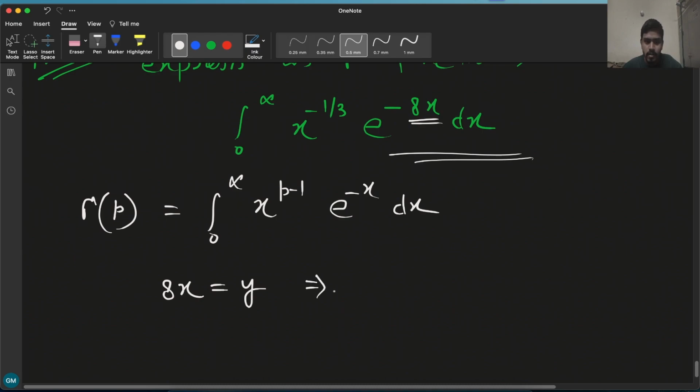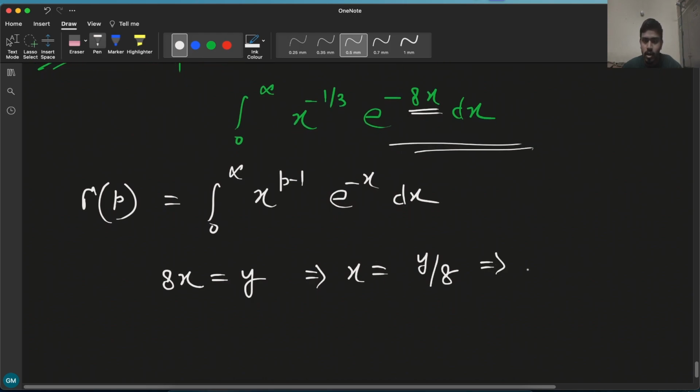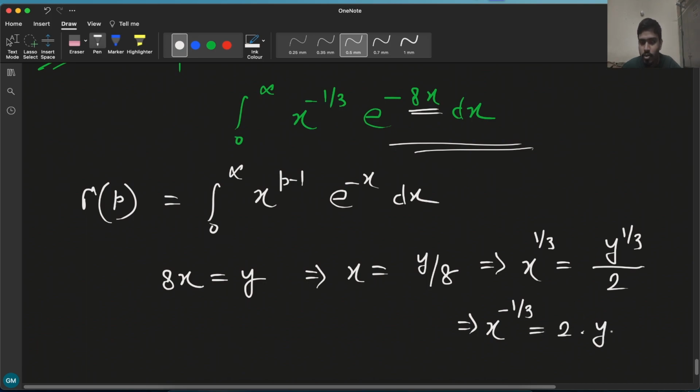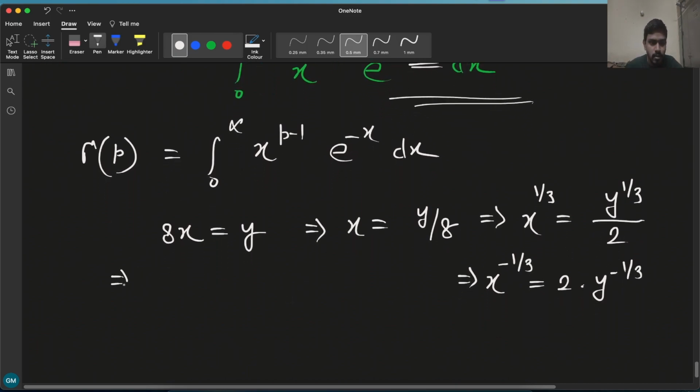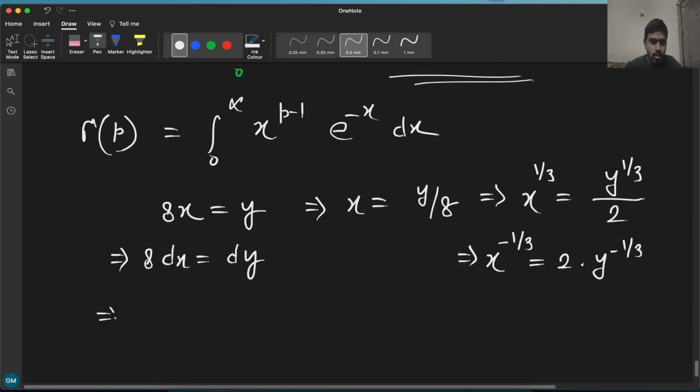In that case, x equals y by 8, also x to the power 1 by 3 equals y to the power 1 by 3 divided by 8 to the power 1 by 3, which is nothing but 2. Also x to the power minus 1 by 3 equals 2 times y to the power minus 1 by 3, and 8 dx equals dy, or dx equals dy by 8,